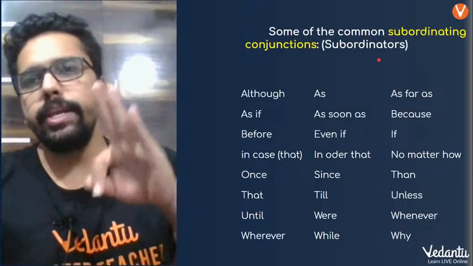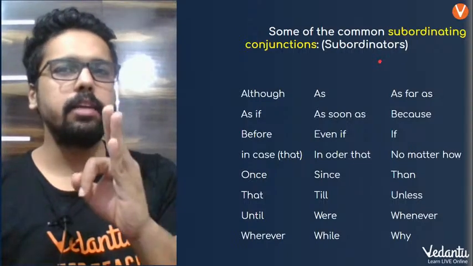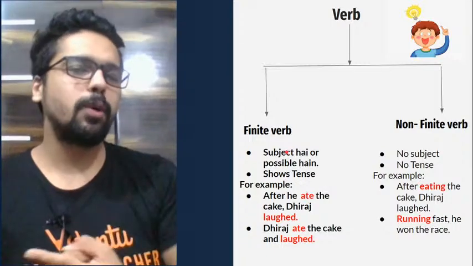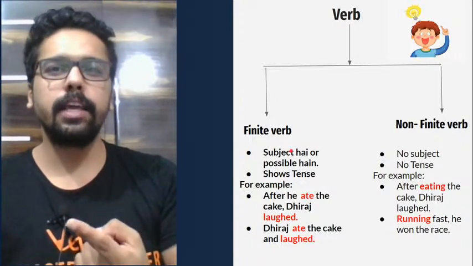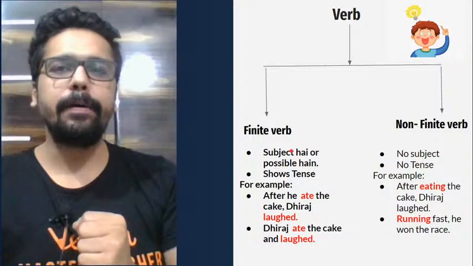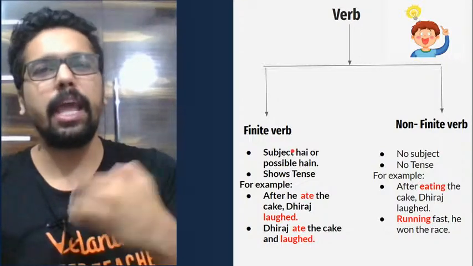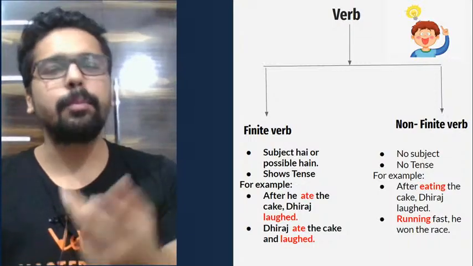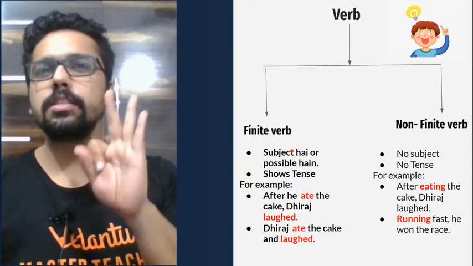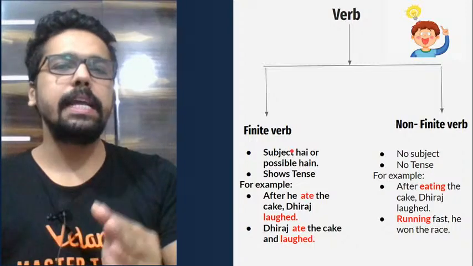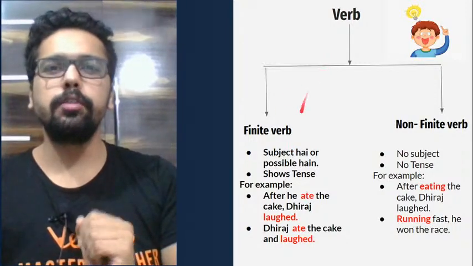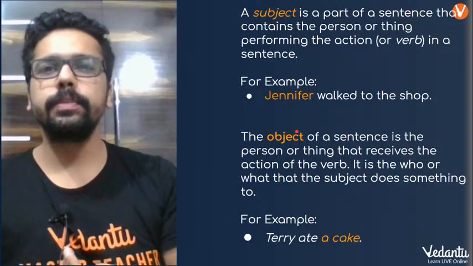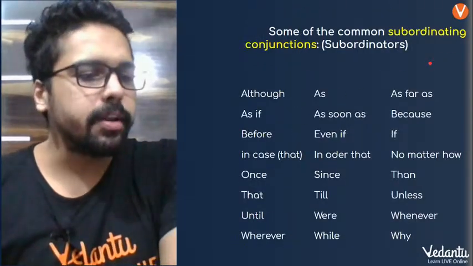So we need three weapons, okay? Basically, we need three weapons to do this topic. Our weapon number one is finite verb. It's like, to learn the game of clauses as a topic, we need three weapons. You play any game, you actually need weapons or players, right? So to learn clauses, there are three concepts that we need to be completely thorough with. Finite verb, number one. Second, subject and object, that's two. And the third one is we must know what subordinating conjunctions are.